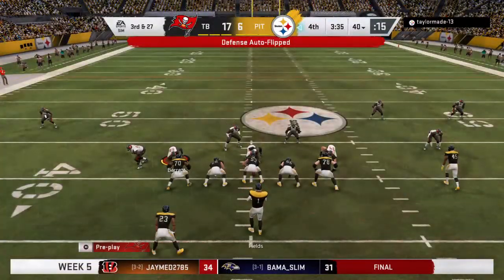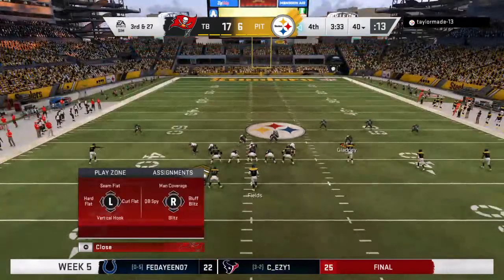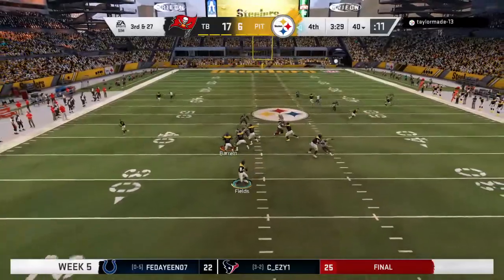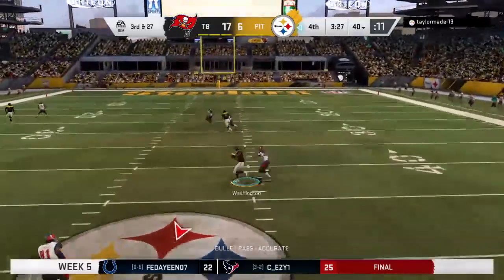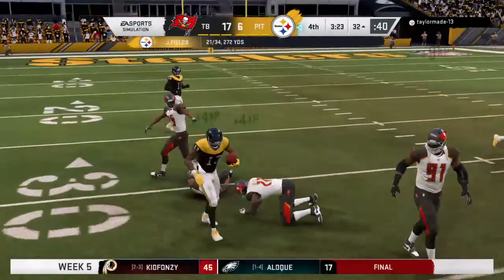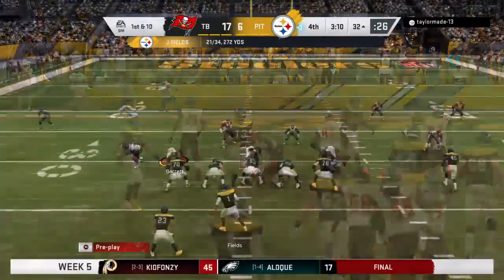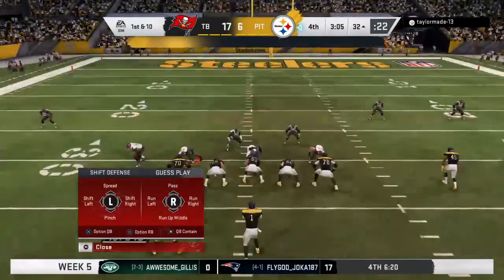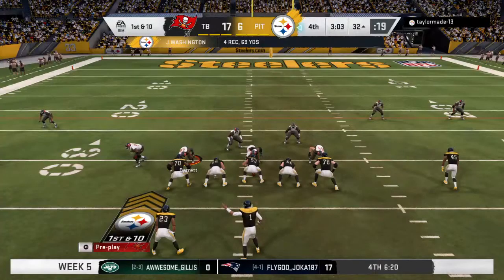Needs something from deep in the bag of tricks here after 1st and 2nd down went backwards. It's 3rd and very long. Back to throw. Fields. And it's complete. He gets this one to Washington. And he takes this one down almost all the way to the 30. And a big 3rd down conversion with a gain of 28. And the Steelers' 1st